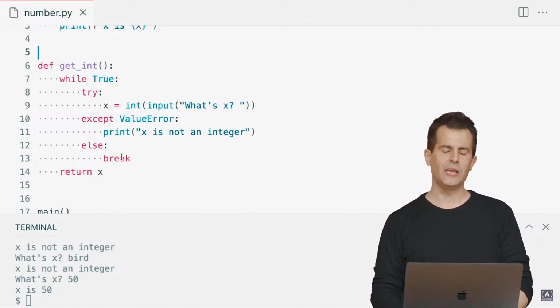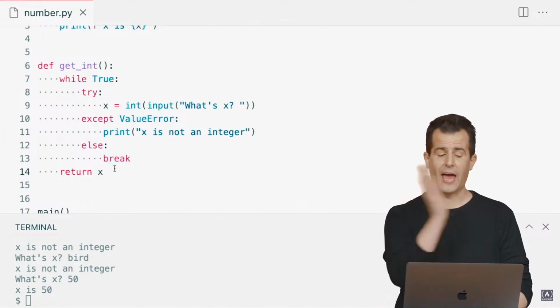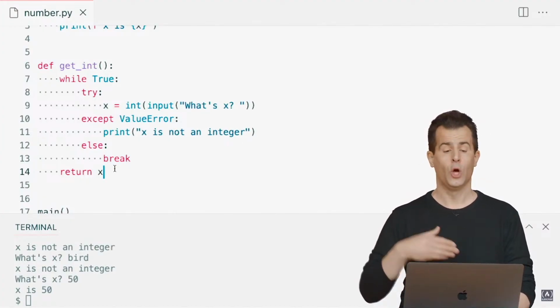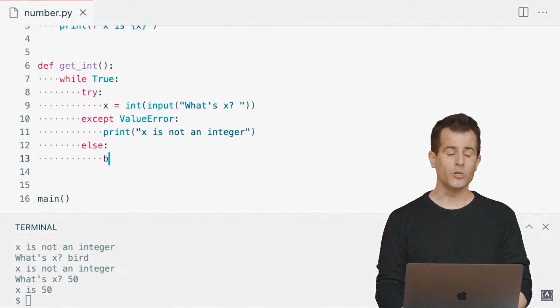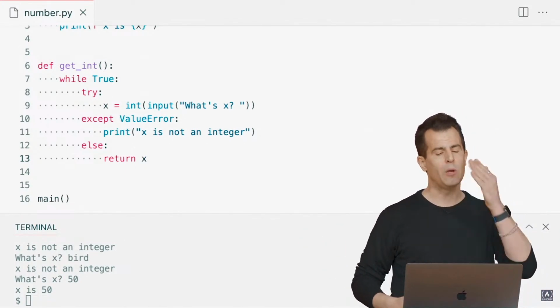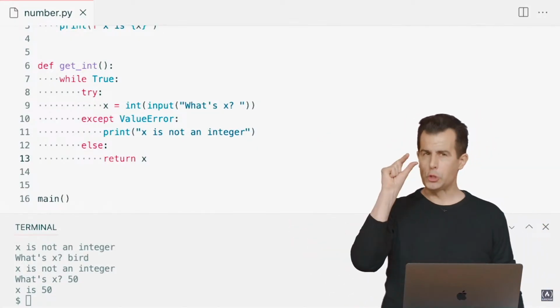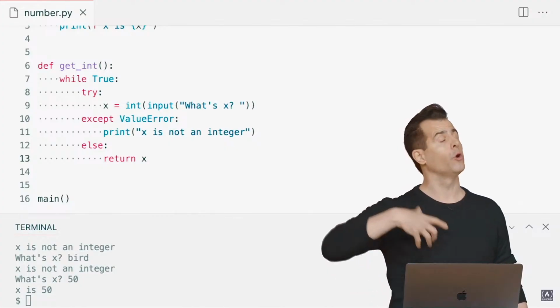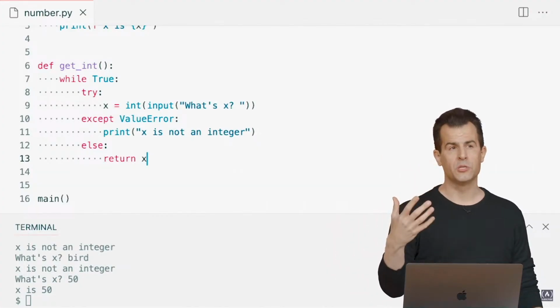Well, let me propose that if all you're doing on this line 13 is breaking, and then immediately after that, per the indentation, you're executing return x on line 14, why are you wasting everyone's time? Once you know you're ready to return the value, you could just return x. And so in my else, I could break out and return a value. So here, too, return is used to return values from functions. Break is used to break out of loops. But it turns